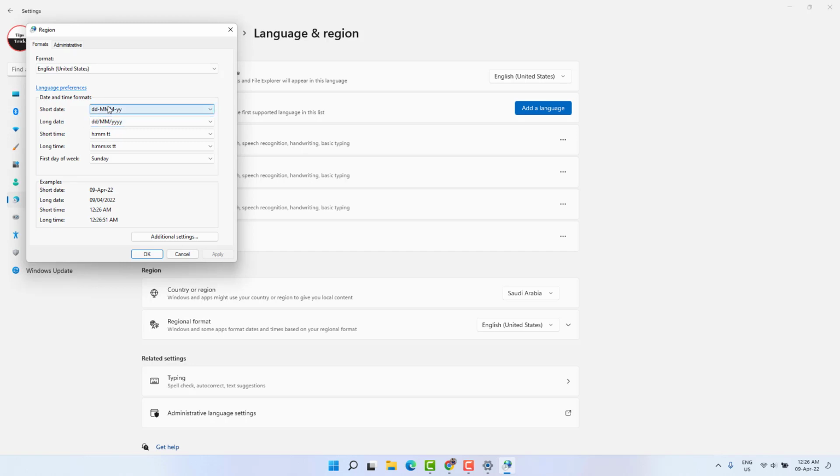If you want to change how the short date is going to look, you just need to choose here. There are different kinds of dates available. For example, right now mine is DD MMM YY. You can see my date is up here, 9 April 2022. If you want to change it, you can easily choose any of them. For example, I want to choose